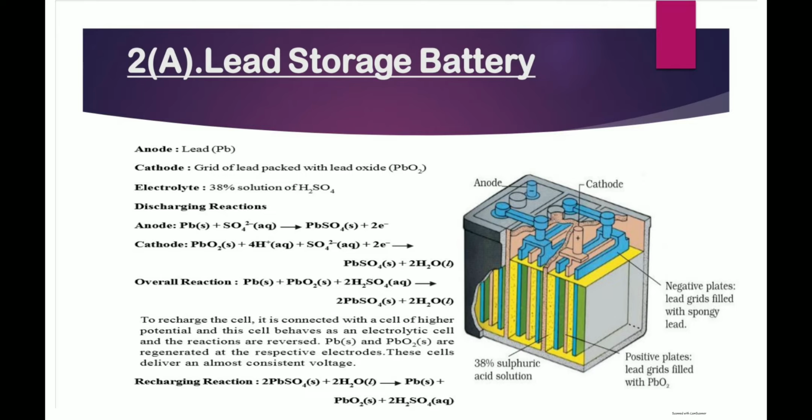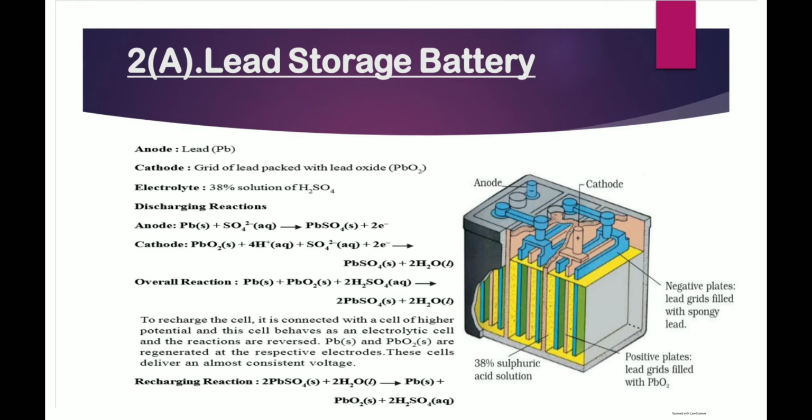The battery is rechargeable since lead sulfate, the product of both anode and cathode reactions, sticks to the plate. From the cathode reaction we see that as the battery is used up, the sulfuric acid is used up. Now we can determine the charge on the battery by measuring the concentration of H2SO4 in the cell. When the density of the solution is between 1.25 gram per ml and 1.3 gram per ml, the cell is considered fully charged. When the density goes below 1.20 gram per ml, the battery is in need of charge.